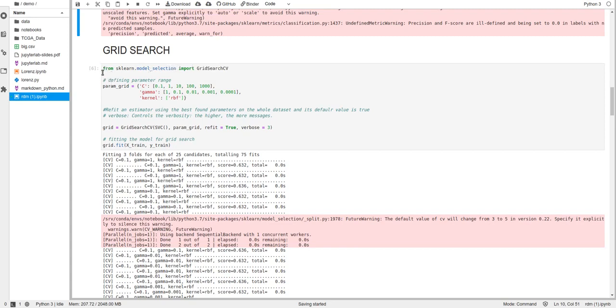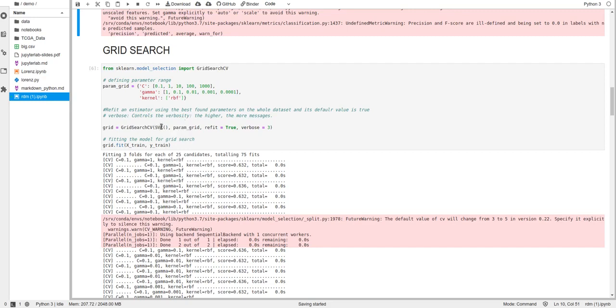Now here we will make a grid in which we use C, gamma and kernel. In the theory part I already told you these values, and the default value of kernel is RBF. You can search sklearn on Google, right? Now we will put a grid variable and the grid search CV function, in which we pass the parameter SVC.